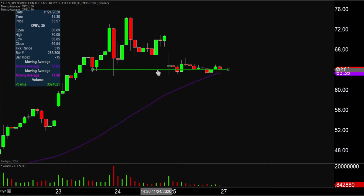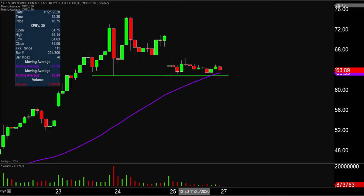So the first level here that myself and I'm sure lots of other traders are going to be watching, right down here around $62.75. I mean, you go through the history of the chart and you can see $62.75 support, and then this morning support, and then later on never quite hit it, but it definitely got close. But point here being, a lot of eyeballs are going to be watching that level,